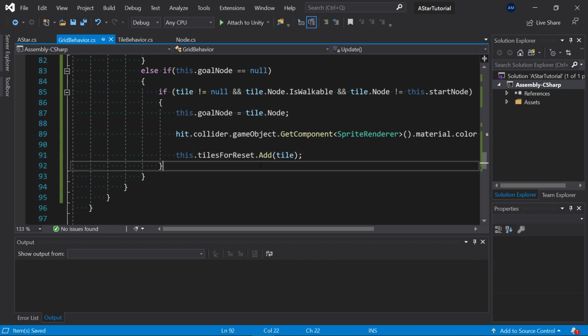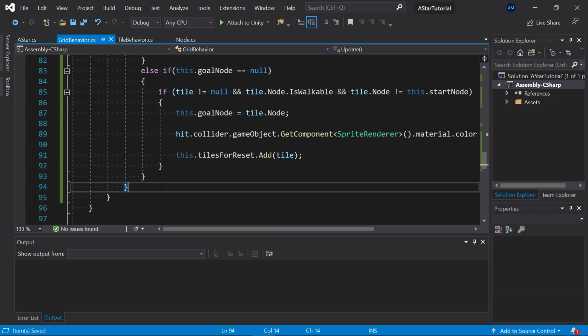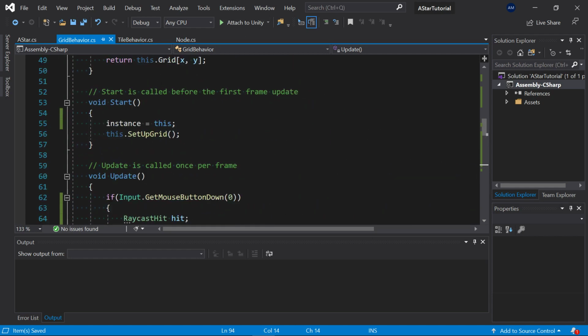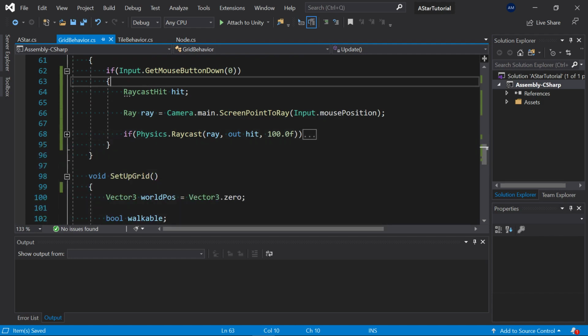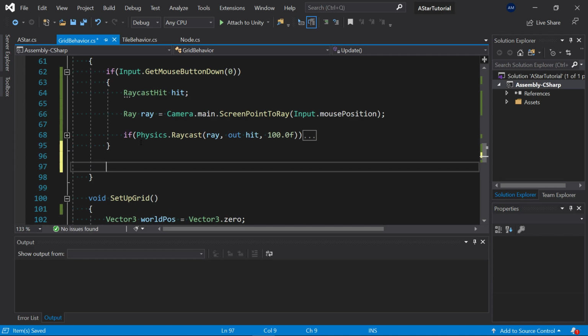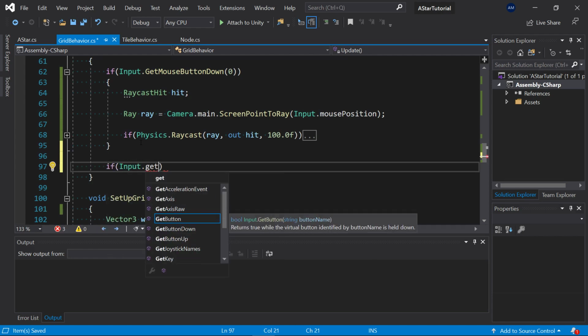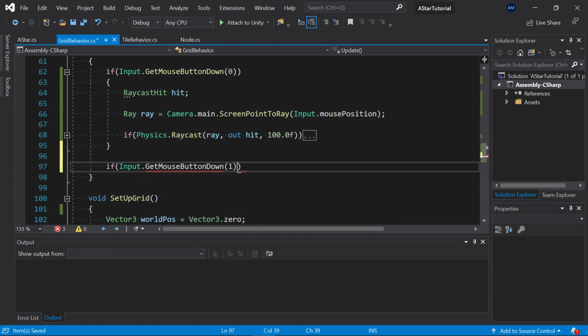Now let's get it to where we can actually draw the path. So what we're going to do is, let's see, we do the right button. Right mouse button. Okay, so that'll be the path. What we're going to do now is a right click. If you right click in there, we'll get out of this if statement. Else if, find out where this ends. Now if Input.GetMouseButtonDown(1), if you right clicked,